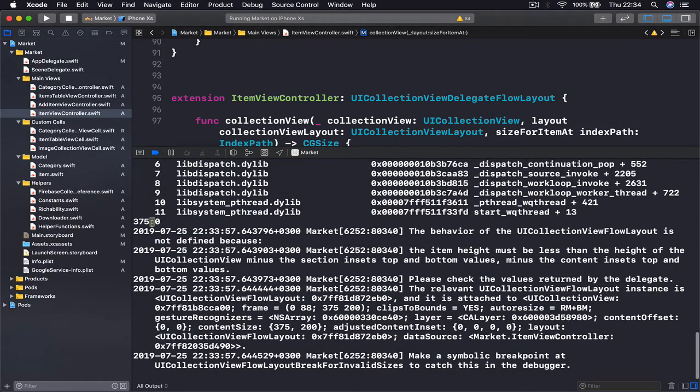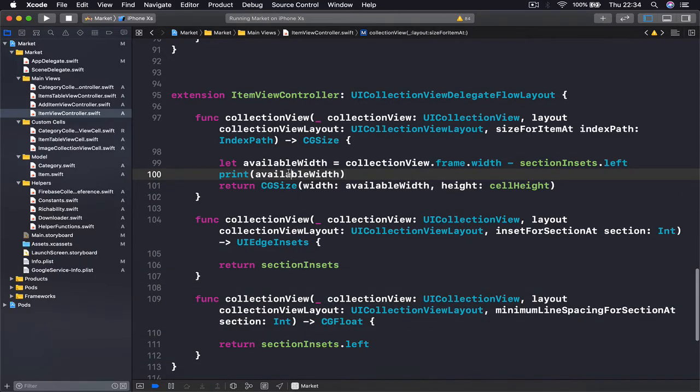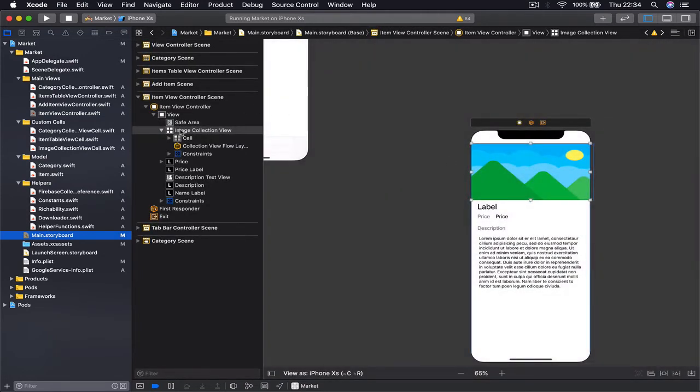So we're getting back 375 points, which is our width. So this is correct. Let's go to main storyboard, select our image view controller,